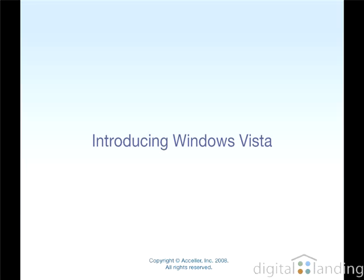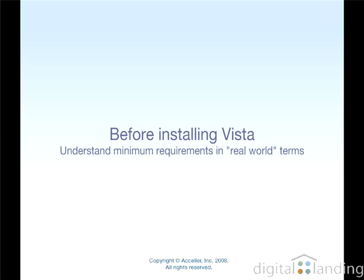Hello and welcome. In this video, we introduce the Windows Vista operating system as we explore and explain some of its new and interesting features. As with other new versions of Windows, the hardware requirements are greater than in previous versions. Before you decide to upgrade to Vista or to purchase a Vista-ready PC, it helps to understand the minimum requirements